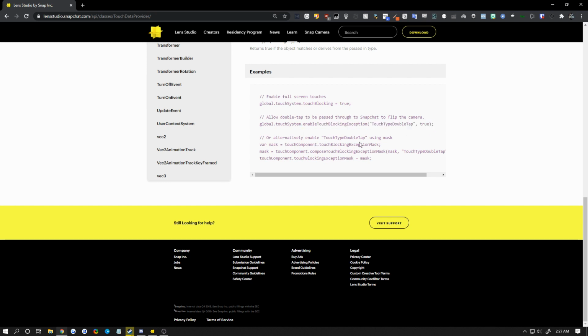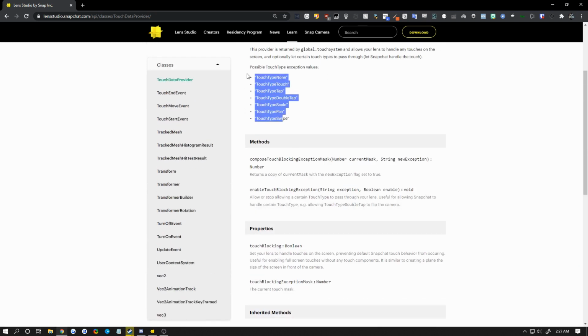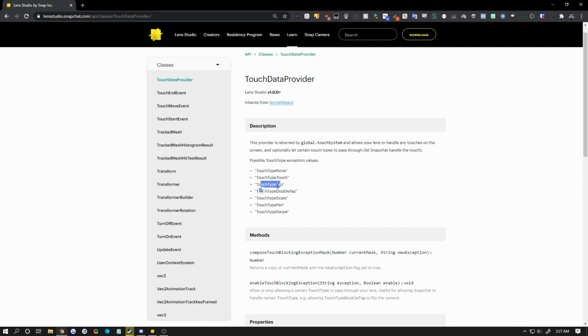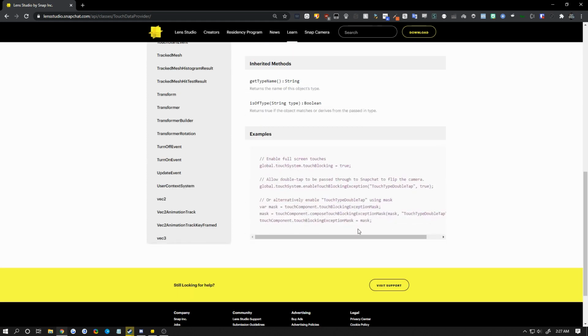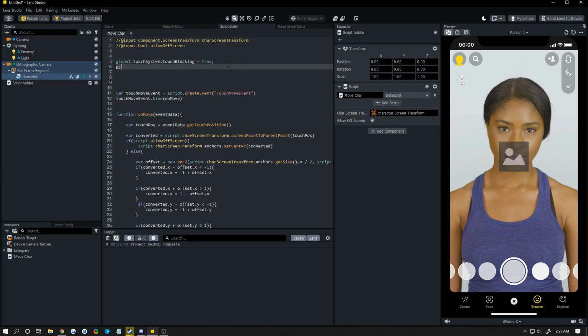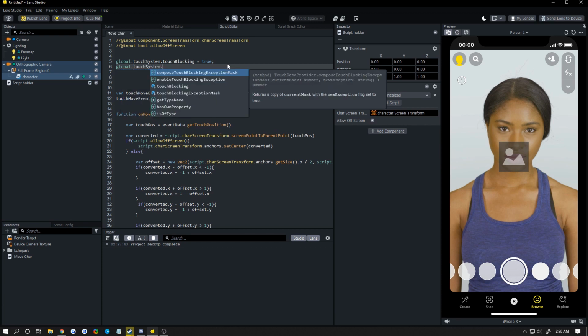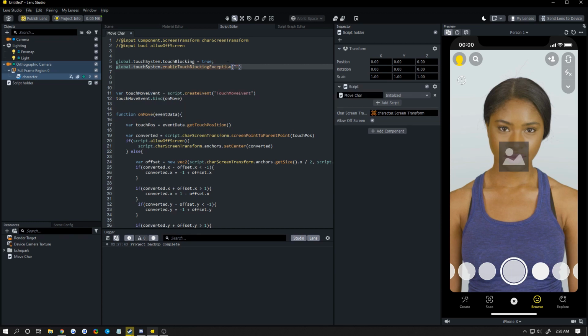Enabling an exception. So actually we don't need to copy anything because all of these things are currently disabled. But if you wanted to enable one, you could do like touch type tap. So actually let's do double tap. That's a common thing clients ask me to enable. So we're going to enable double tap. And to do that, we need to enable a touch blocking exception. Let's do that. So the double tap flips the camera by default in Snapchat, and our touch blocking is blocking that. So let's do enable a touch blocking exception, touch type double tap, and I believe you have to set that to true. I'm gonna go ahead and push this lens to my phone real quick,